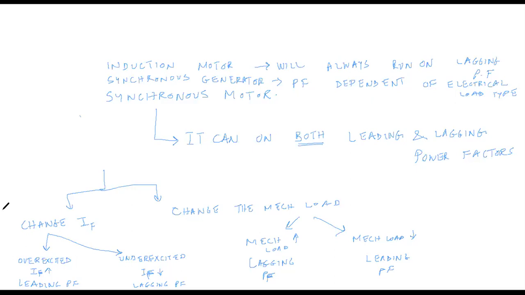So the most obvious thing is to change the field of the motor, because the load is not in our control. It is according to the specification. So normally you would look to change the field, which is in our hands, and there is some adjustable resistor on the rotor, which is providing the primary field. You can adjust that to quickly adjust IF and make the motor run with over excitation or under excitation.